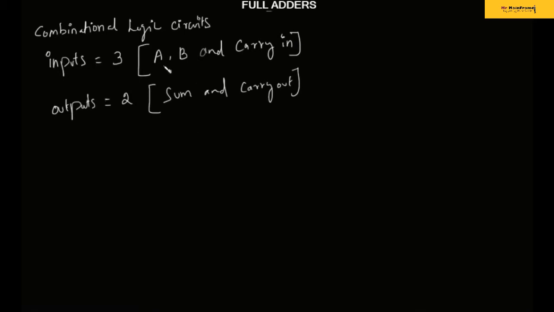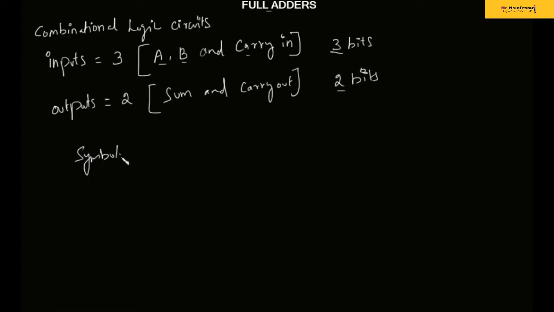So why do we need 3 inputs and 2 outputs? The half adders can add 2 bits and give 2 outputs, but with the full adders we can add 3 bits. If you are adding 3 bits, that becomes a full addition. So you need to represent the number 3 using 3 bits. That is why you need 3 input bits, and 2 bits in the output will be helpful to display the output properly.